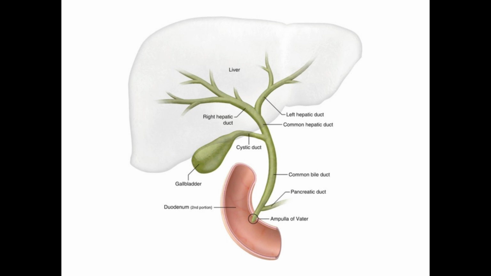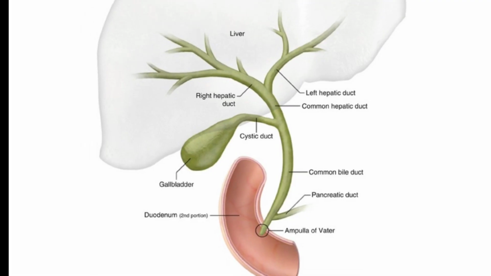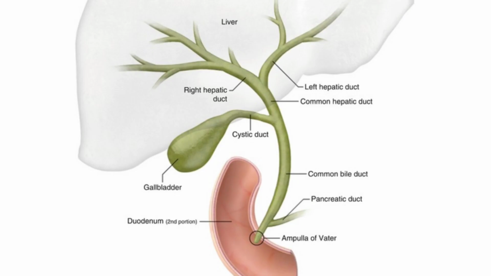So this is one diagram. No need to remember it, I just want to show you. Hepatobiliary means bile, which contains bile juice and cholesterol, required for digestion of lipids. Bile is secreted by the liver cells. You can see the big lobe, gray in color, is the liver. Then the gallbladder is labeled there.